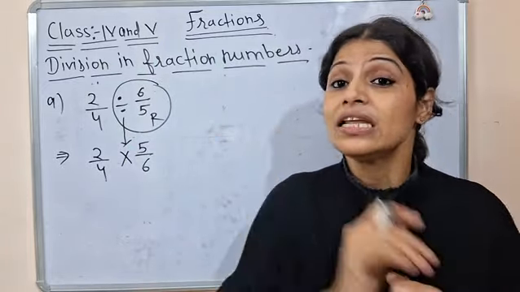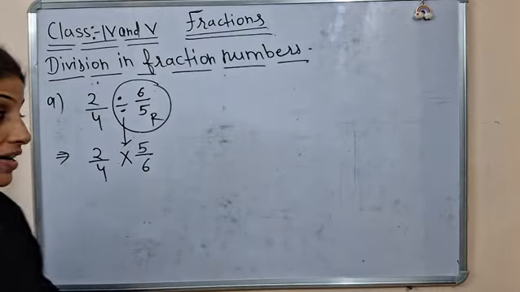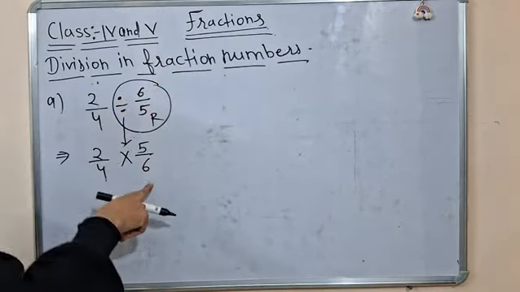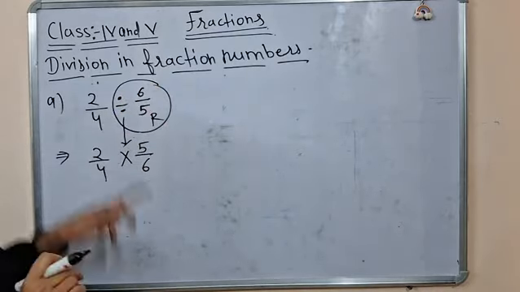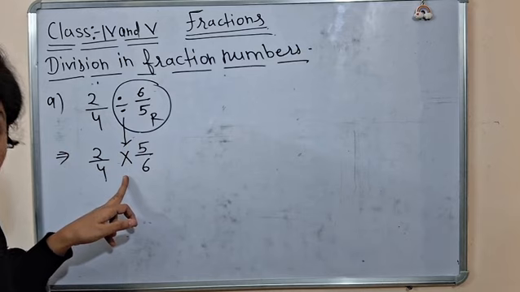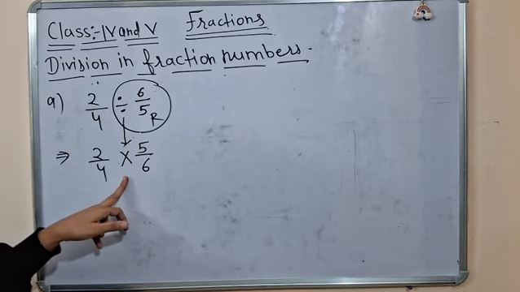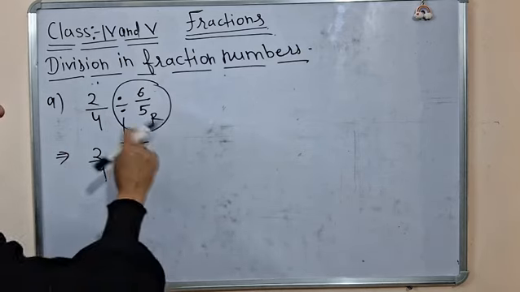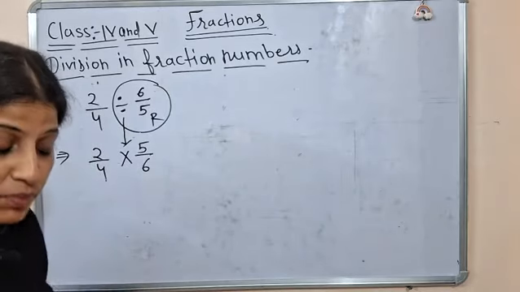Only you need to learn your first step, where you have to write the reciprocal of your first fraction number. How will we remember? This first fraction is your VIP member. Okay? So your right side fraction number is the VIP member. So you can write the reciprocal of it along with the sign. The sign is of division, ulta of division or opposite of division, or reciprocal of division sign is multiplication, and reciprocal of 6 upon 5 will be 5 upon 6.